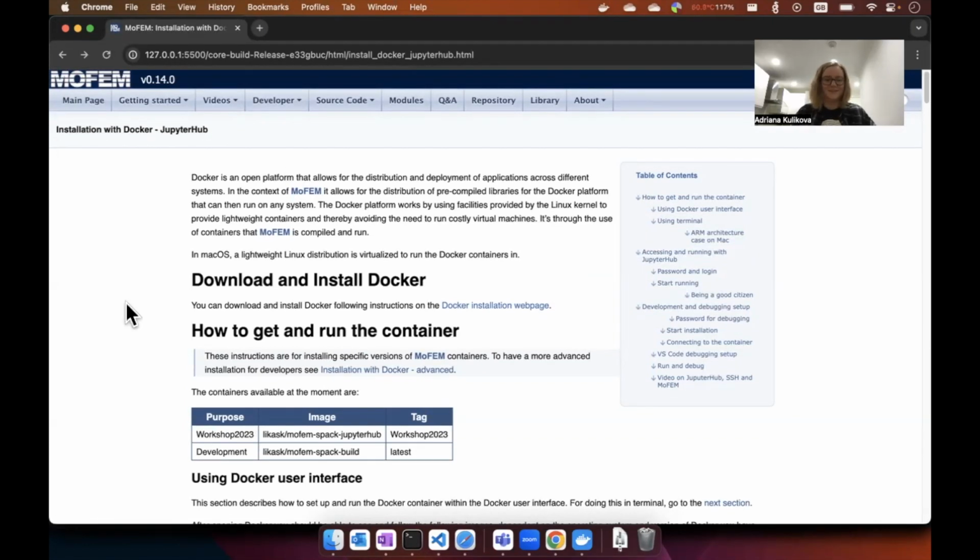On the website, we have a list of containers currently available, and this list will be updated when new containers are ready. In this video, we will be downloading and installing the container for Workshop 2023. What we need to know to grab it is the image name and the tag. We can start by copying the image name